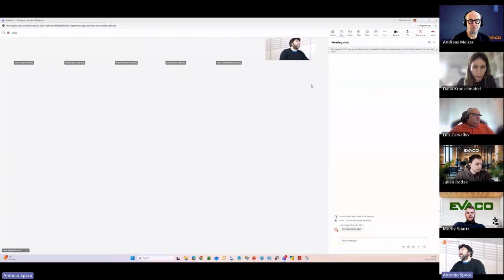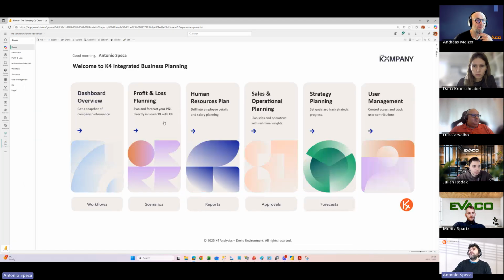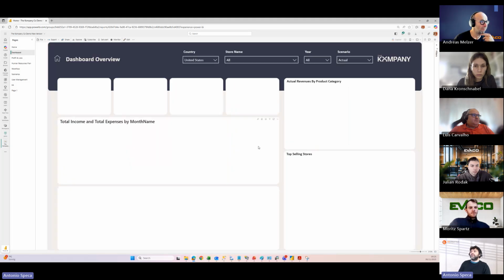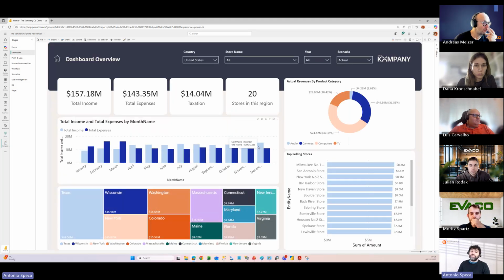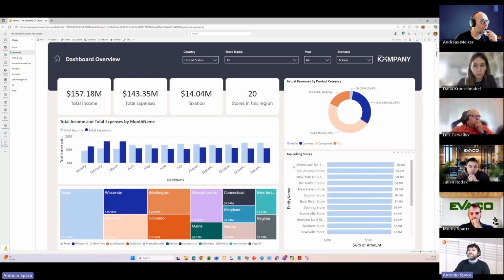a quick demo of why we use Key4. So what you see now is Power BI, a typical Power BI document in which you have your reports, your dashboards. So we usually go, let me go within view, to customers where they have some dashboards, they want to build things like that. So they get some insights of their actual data, they do their analysis, they do whatever they need to do. But in the end, when it comes to the end of the project, the next step is, okay, very cool, I see my visual, I can filter, I can slice my data, but I want also